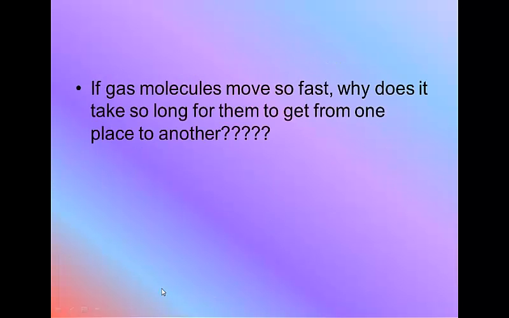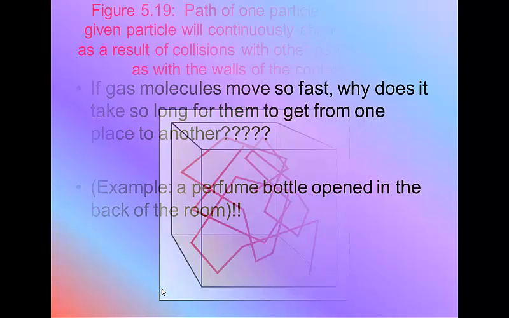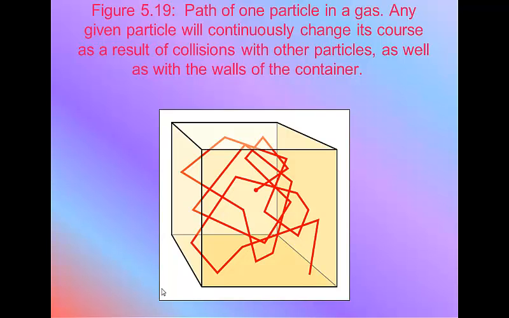If gas molecules move so fast, I mean, think about it, 500 meters in 1 second, that's pretty good. Why does it take so long for them to get from one place to another? If I open a perfume bottle in the back of the room, why does it take so long for that smell to waft up to the front door? Gas particles should, theoretically, move in a straight line. But the problem is, you're in a room where there are other gases, and not to mention all the other stuff in the room. You have sinks, and glassware, and tabletops, and desks, and